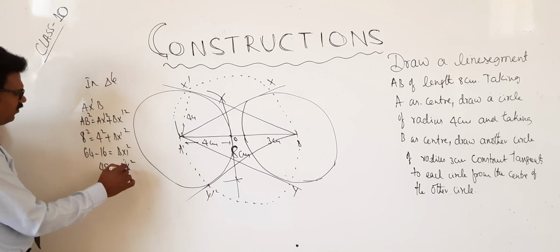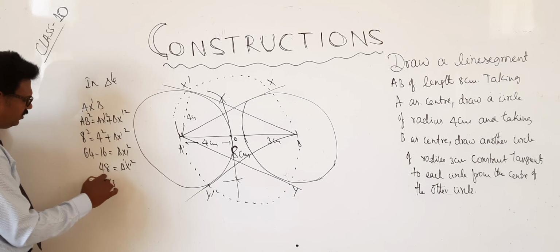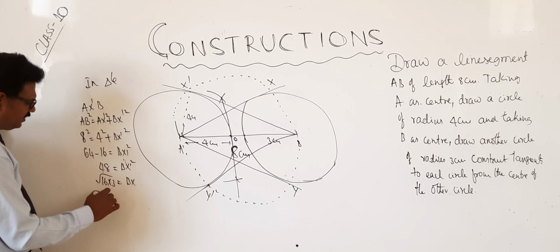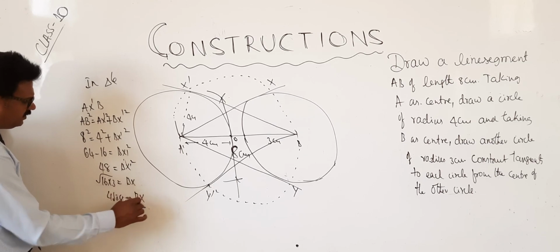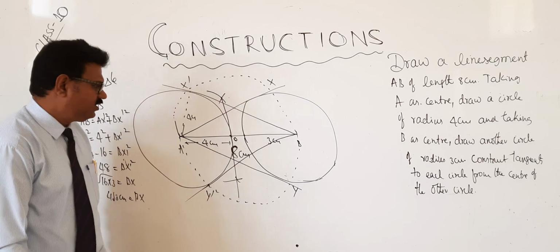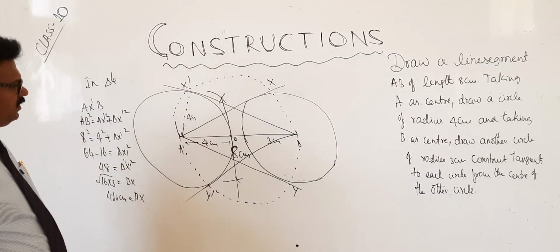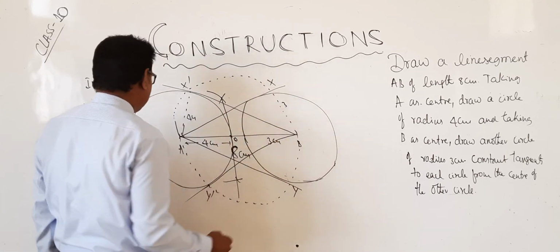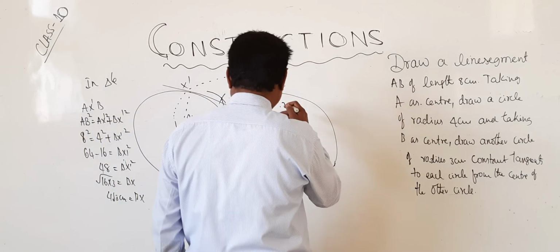Okay? Now very, very simple. Now 48 can be written as 16 into 3. Therefore BX is nothing but 4 root 3 centimeter. This is nothing but BX. Same thing like that also. Okay? But here radius will become 3. This is the value of this. You can verify this also.